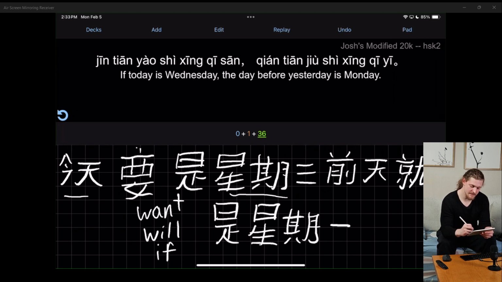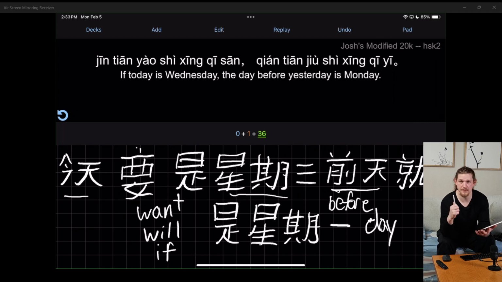前天, it means 前 is before, or before now, and then tian is day, so the day before, right? The day before, 前天, day before, or before day, right? 就是